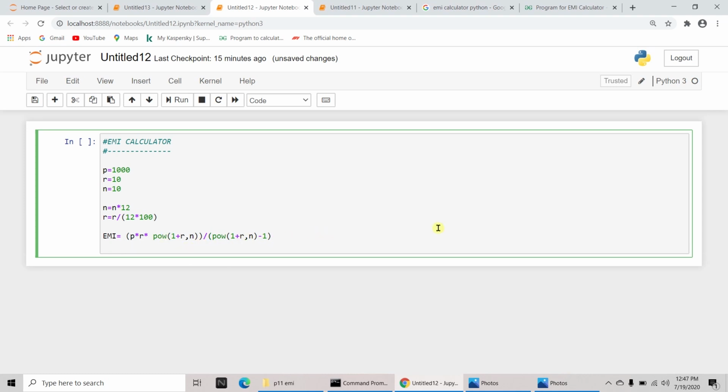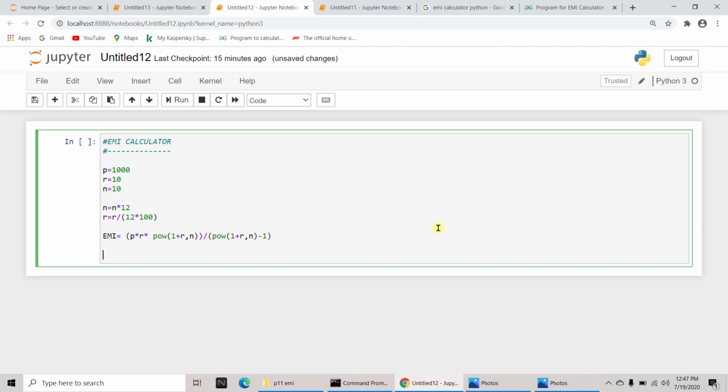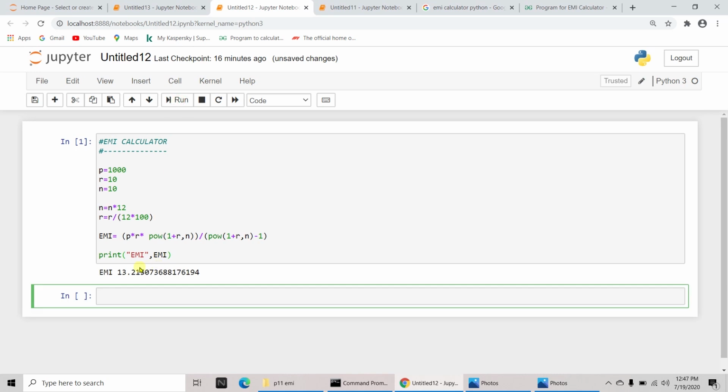So let me type print the EMI. I hope there will be no error in this. Print EMI is equal to EMI. So let me run this. Yeah, we are getting 13 point something.